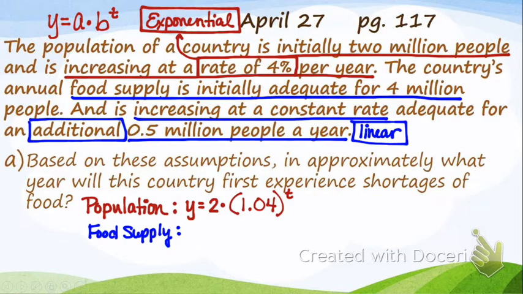In this case, what we're going to do is substitute in values for t. We can pop it into our calculators and figure out, okay, we know they started off with 2 million people. So how many people will there be next year? That would be in year 1. Or we could substitute in, I don't just want to think about next year, I want to think about 10 years down the line. Then I could put a 10 in right here as I put it into my calculator. And we'll practice putting it into the calculator.